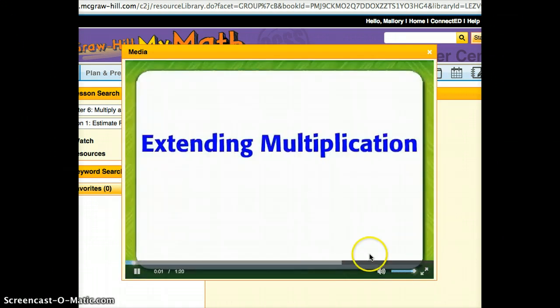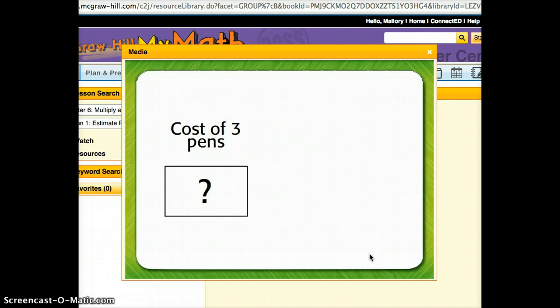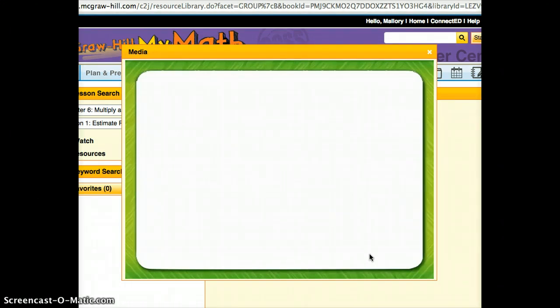Extending multiplication. A gel pen at a craft store costs $1.05. Lucinda wants to buy 3 gel pens, each in a different color. She has $3.50 to spend. Does Lucinda have enough money to buy the 3 gel pens? To buy the pens, the cost of the 3 pens must be less than or equal to $3.50. The total cost can be found by multiplying 3 times